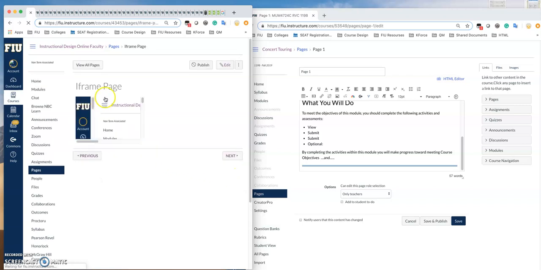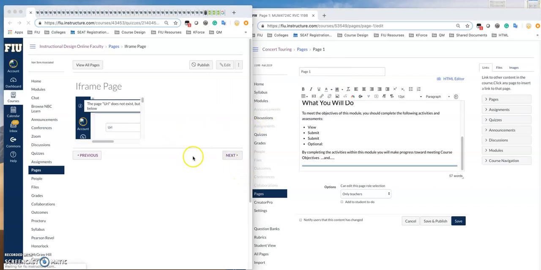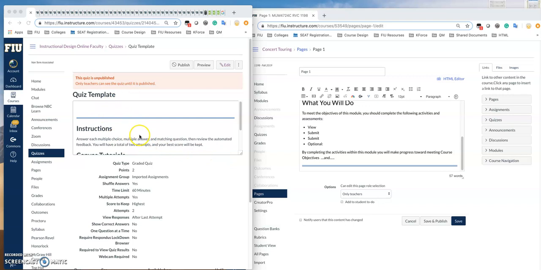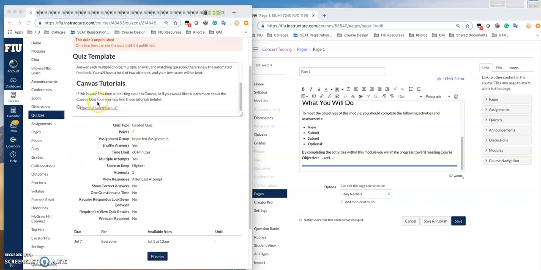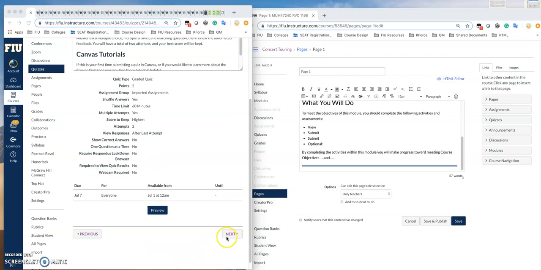I give you here an iframe in case you need to embed a video. I also give you a quiz template where you will find at the bottom some tutorials on how to take quizzes for students. And then in the next one, I give you a template